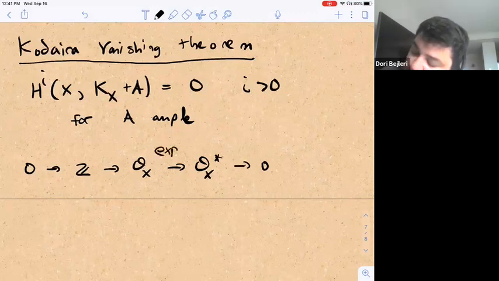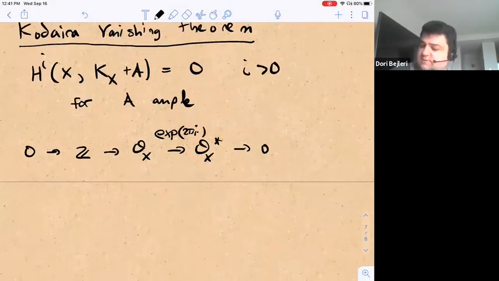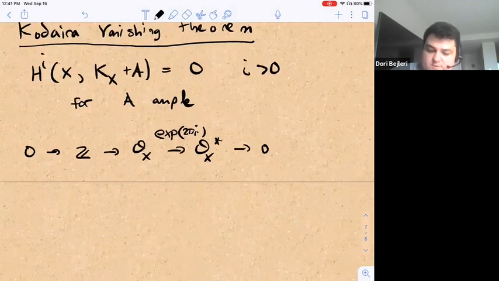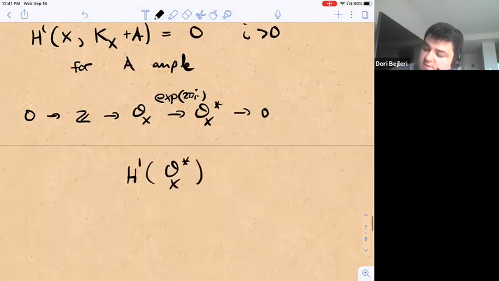This is the map x to 2 pi i. And if you look at the long exact sequence associated to this, let's look at just the relevant pieces for the Picard group. So we know that H1(X, O_X star), this is the Picard group,